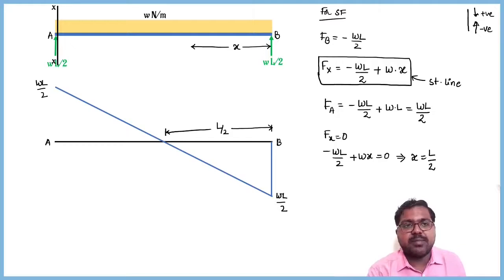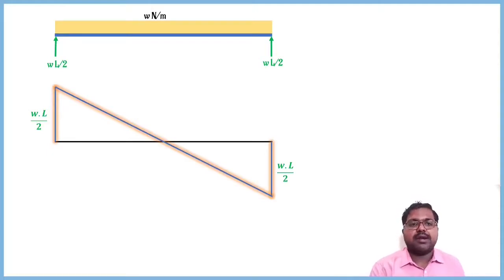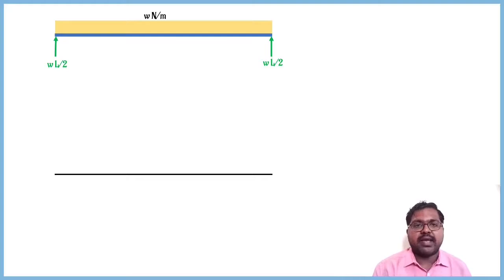So if I consider immediate left of A, then this WL by 2 reaction support will get cancelled and it becomes 0. So this is the shear force diagram for a beam subjected to UDL over the entire span. It will look like this. Then for the bending moment diagram,